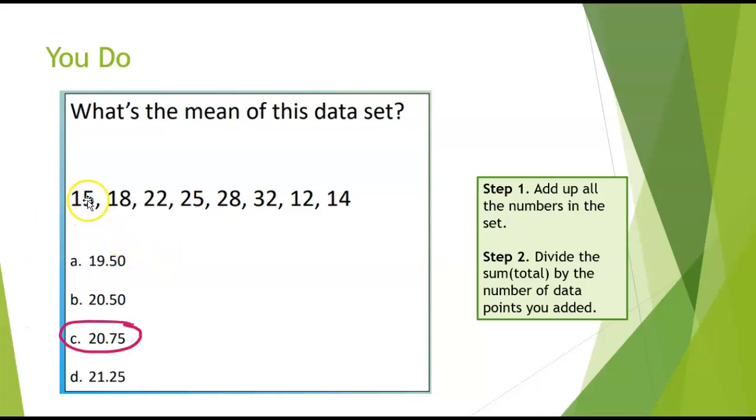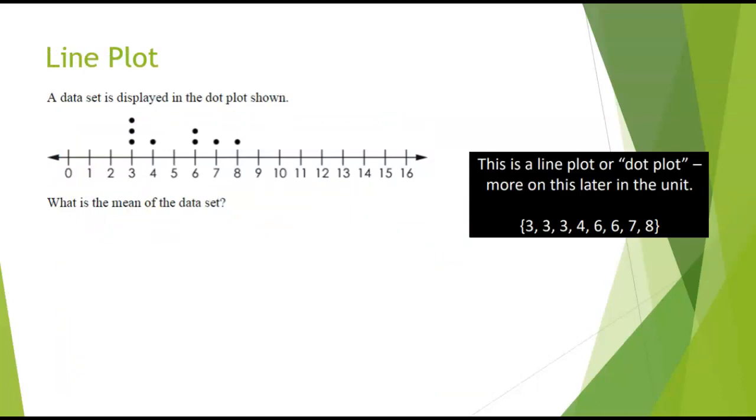So this is hard. I mean, sometimes you get this list of numbers, and what do they mean? Sometimes you might see them on a line plot. A line plot is just a way of displaying the data. Here we have the data points. We have 1, 2, 3 3s, 1 4, 2 6s, 1 7, and 1 8. So here's our data set over here. If I were to write it as a list,